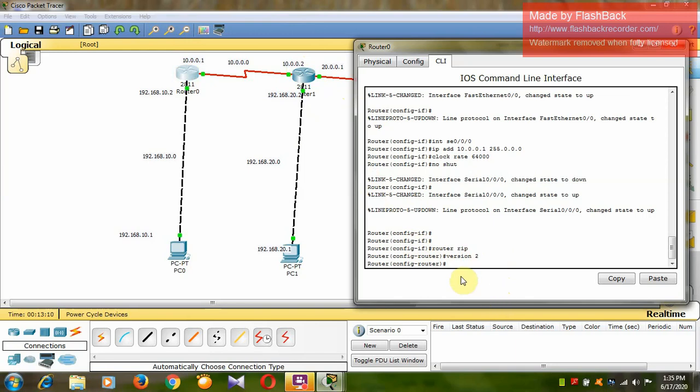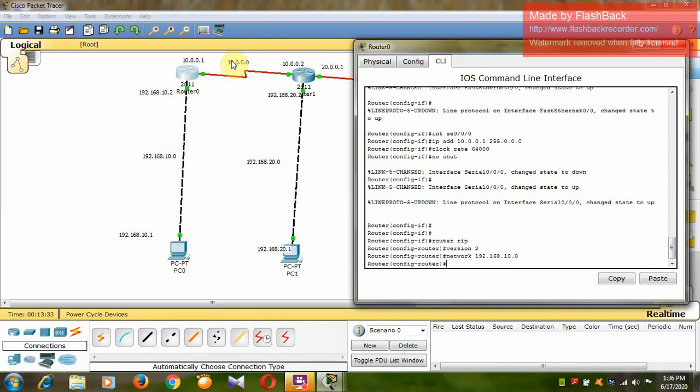Okay, now see, next, for this router, whichever networks are directly connected: this 192.168.10.0 network and this 10.0.0.0 network. So these two networks are directly connected. So you have to write here network 192.168.10.0. Okay, next network 10.0.0.0.